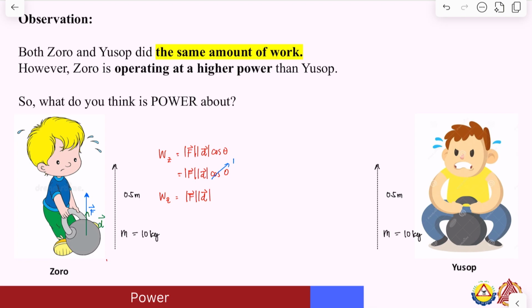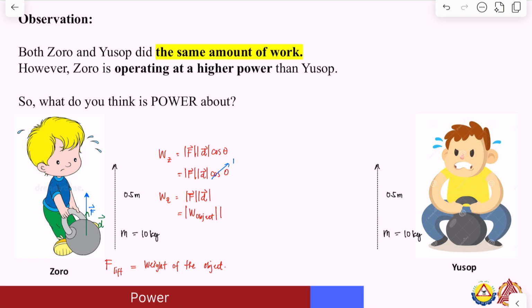The force needed to lift an object, at least the minimum force, is just equal to the weight of that object. So in this case, this is generally true, and this is a concept that you have to apply in your problem solving later. That means to say that the force here will simply be the weight of the object